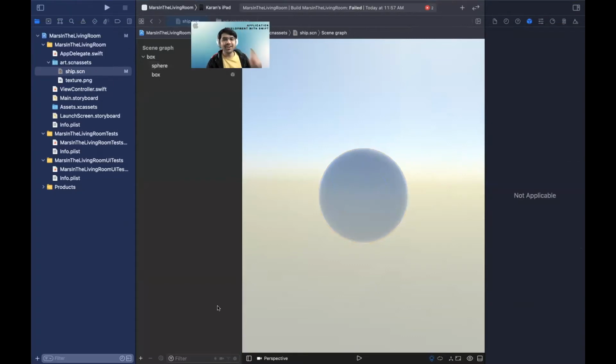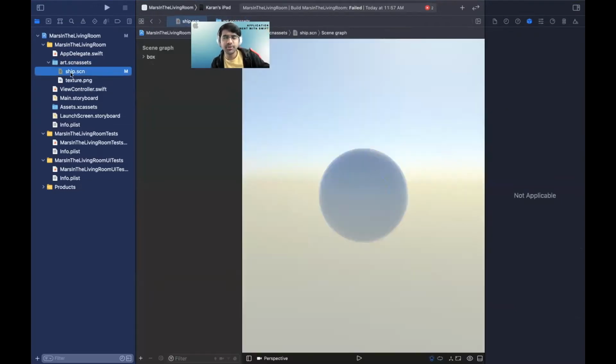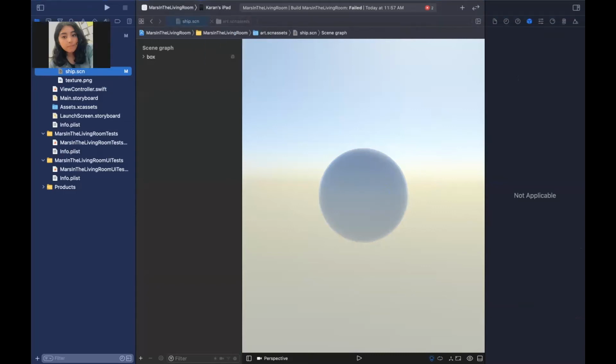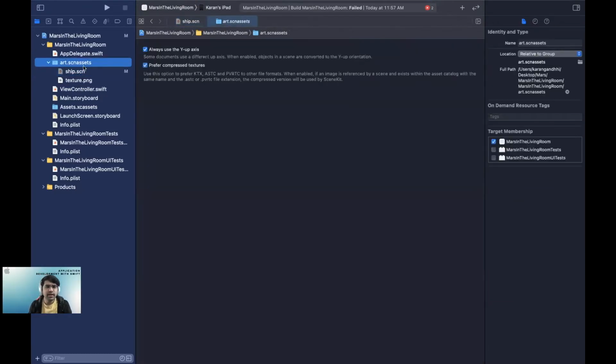I see. Okay. In order to actually open this, can you first click on art.scn assets? Can you open that folder, expand it, and click on ship.scn? Do you now see it? No, I've had that same file open the whole time. Oh, even ship.scn as well. So you've clicked on ship.scn and you do not see this expand icon. Is that correct? No. Oh, no problem. In that case,